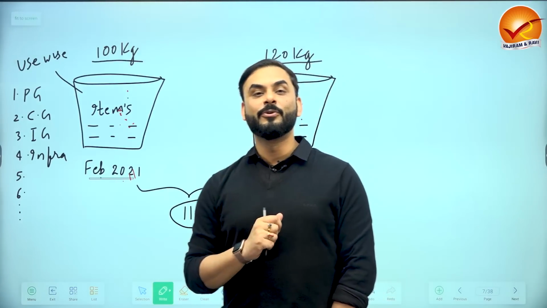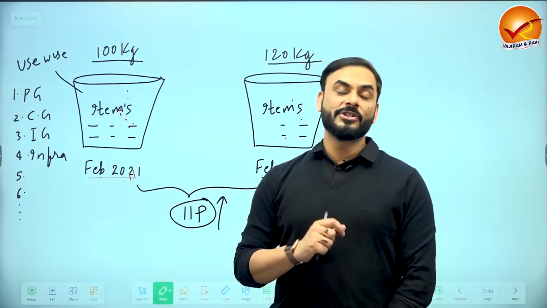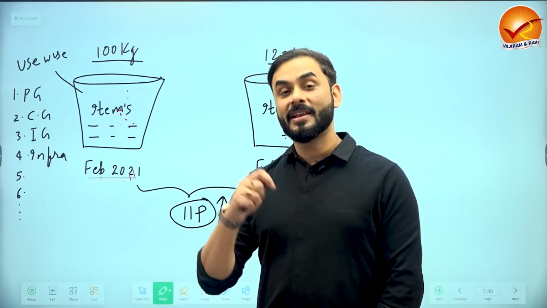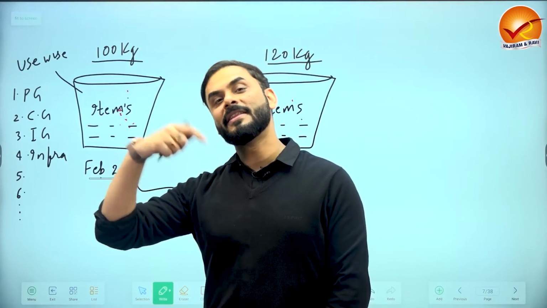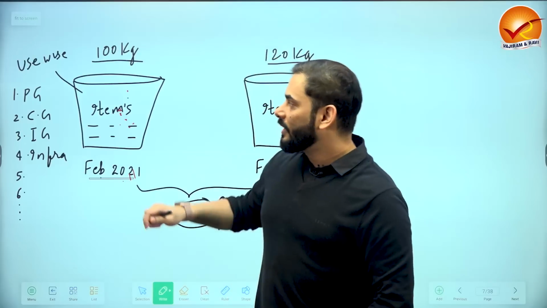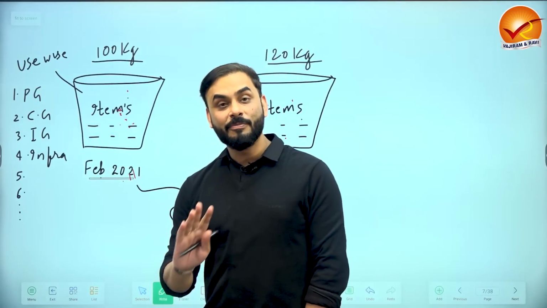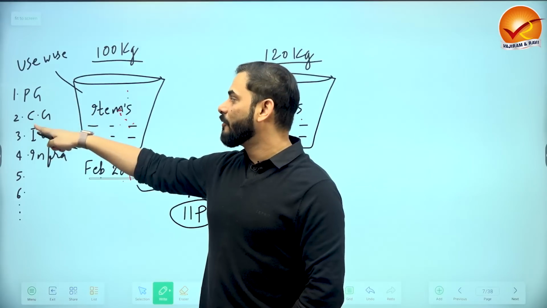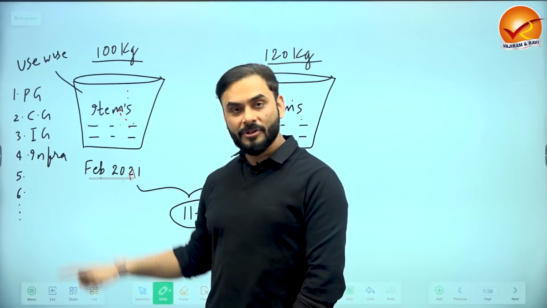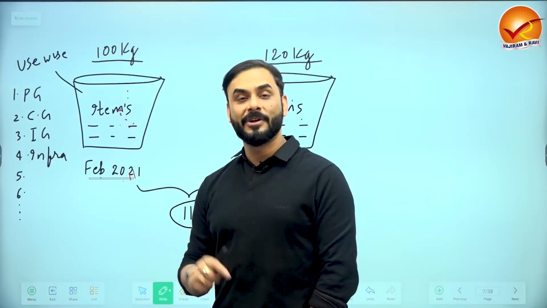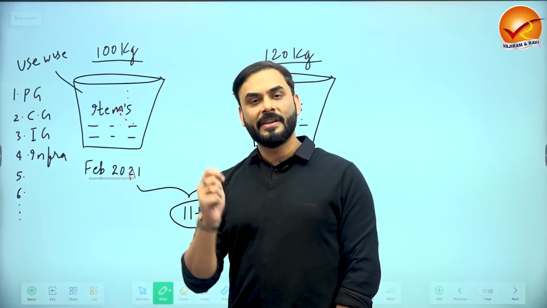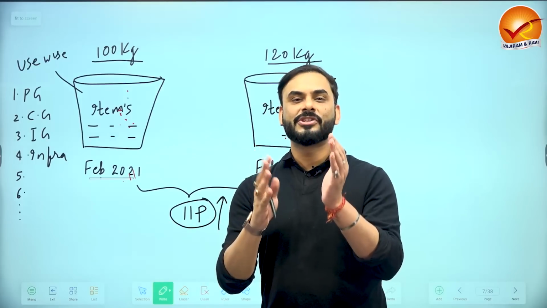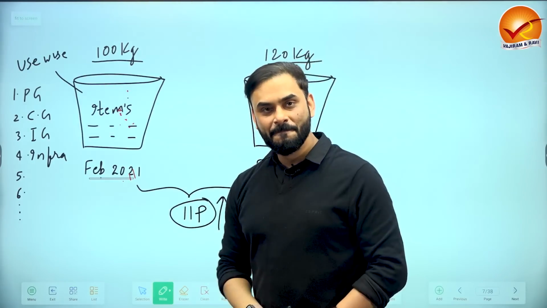Similarly, intermediate goods. So what are intermediate goods? Intermediate goods are not directly consumed by people. They are converted into something and then they are consumed by people. So if you talk about different type of goods in the economy based on use, you can have so many types: primary goods, capital goods, intermediate goods, infrastructure, consumer durables, non-consumer durables like TV, fridge, refrigerator. There are so many types of goods. Take these goods and put it in this basket, right?